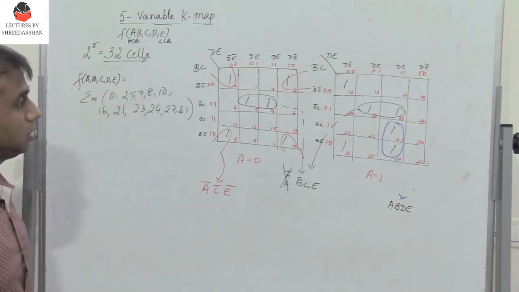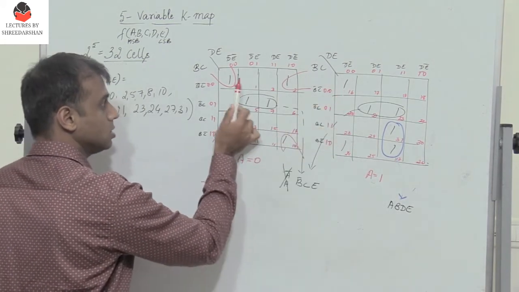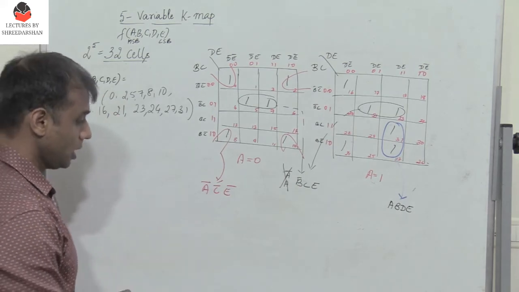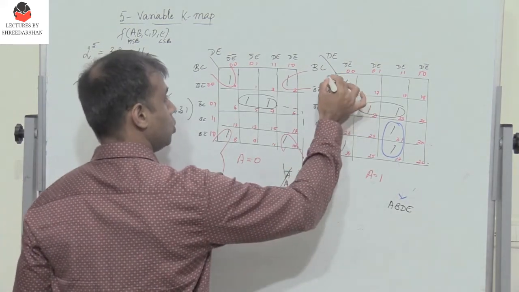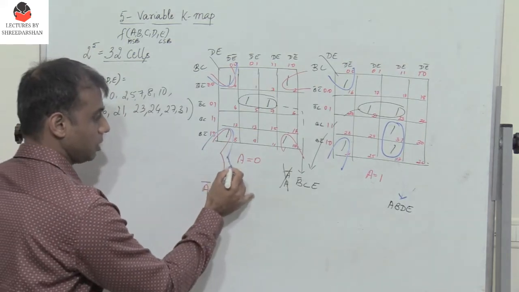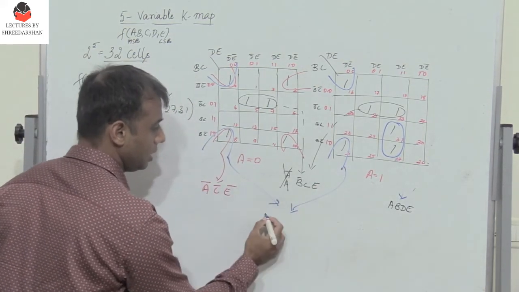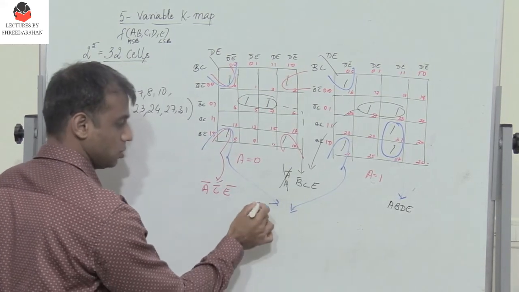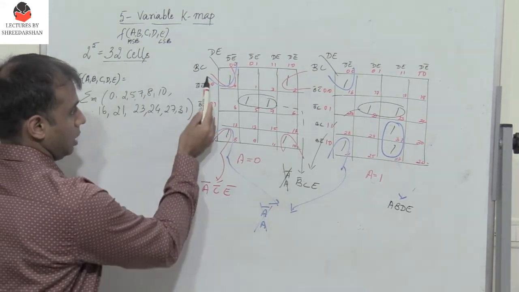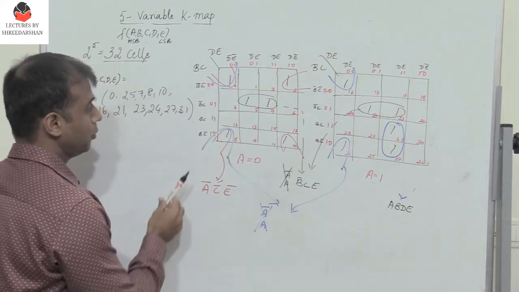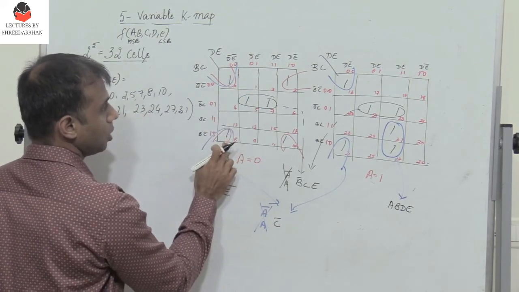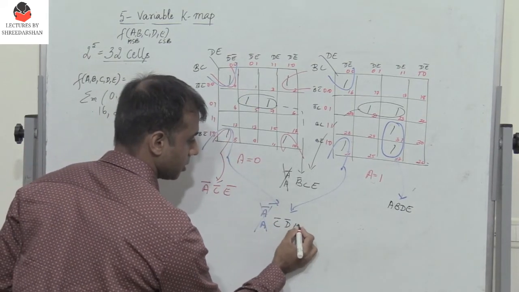Next I need to combine these 2 ones. I find that these 2 ones and these 2 ones have the same position in both the K-maps. So I can combine these 2 ones with these 2. Alright, so now let me write the expression here. Again, A is complementary for these 2, so the variable A gets eliminated. And then for these two, that is row 1 and row 4, B is complementary, so I have C bar, and then I have column 1 itself, so it is D bar E bar.